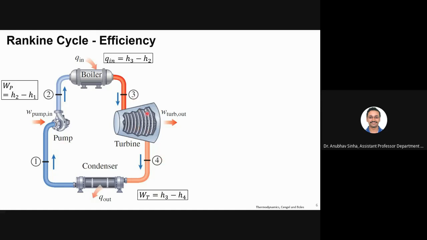Why is that so? You understand? For the boiler, I am taking Q is equal to the difference between exit and inlet, right? But for work done, I am saying inlet minus exit. Why is that so? Anyone? So because W is negative here, therefore H3 is greater than say H4.